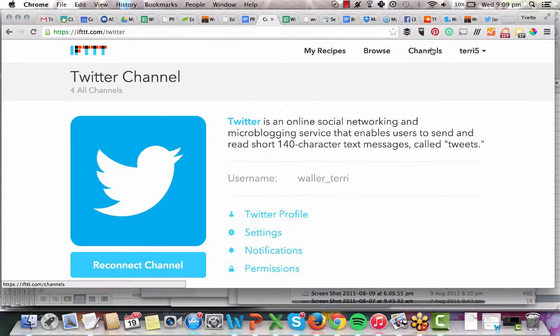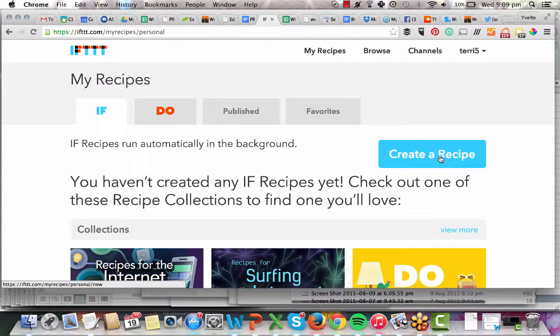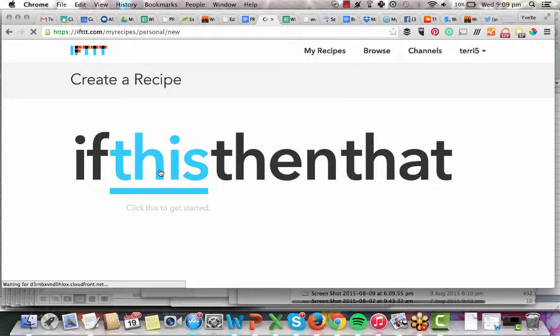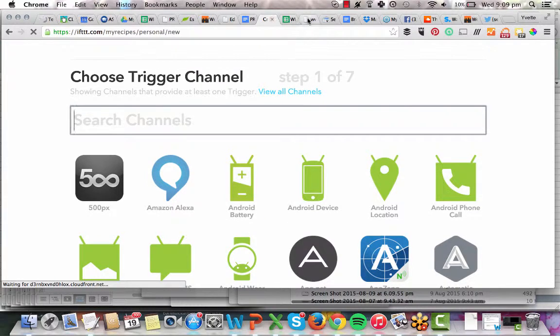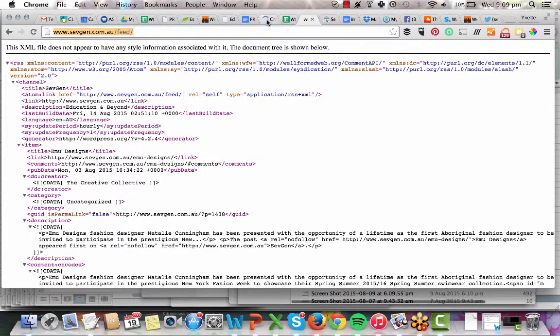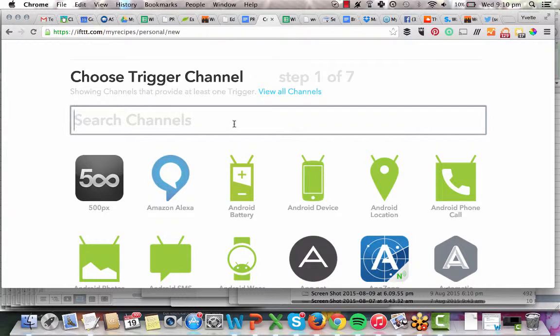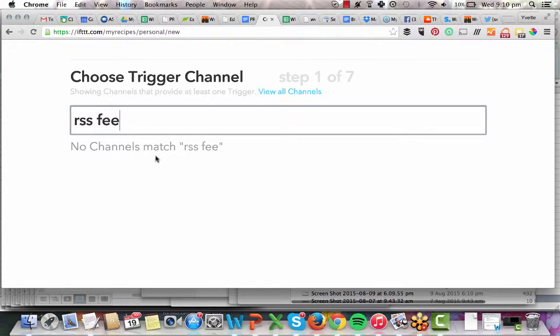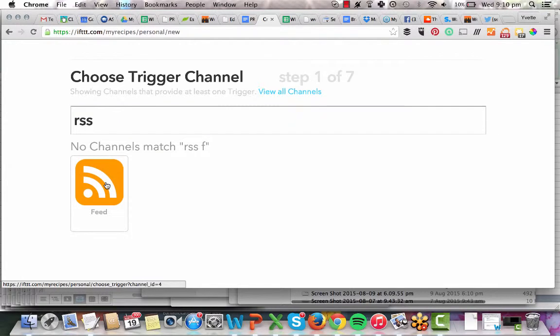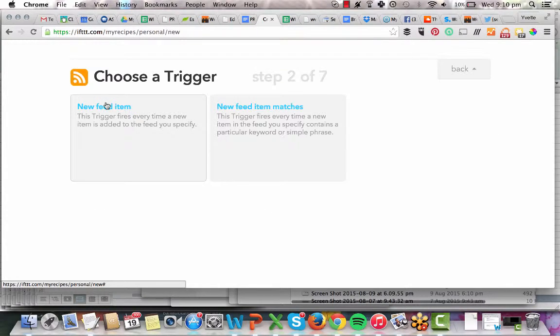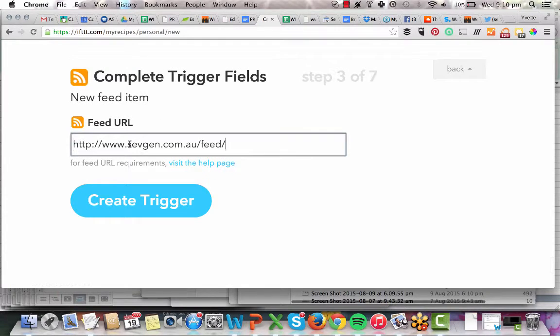Okay, back we go. Now we have channels. We have things to kind of connect. Now we're going to create what's called a recipe. So click on recipes and click on create a recipe. Nice huge action buttons. So the first thing we want to say is if this, which is in this case, if a blog post is published on this website, on this feed here, which is a RSS feed. So we're going to find RSS feed, RSS, that orange thing. If something goes out, new feed item, on this URL, create a trigger,